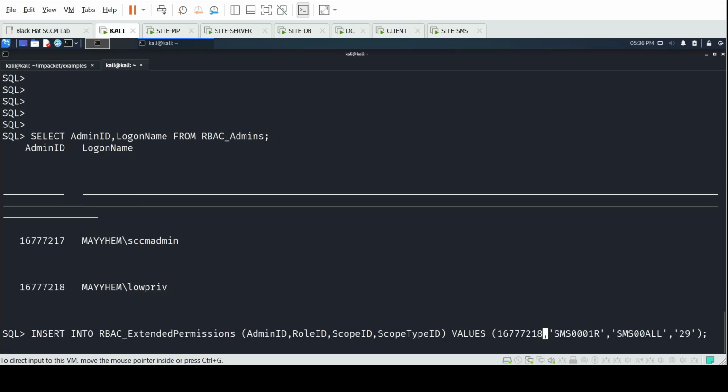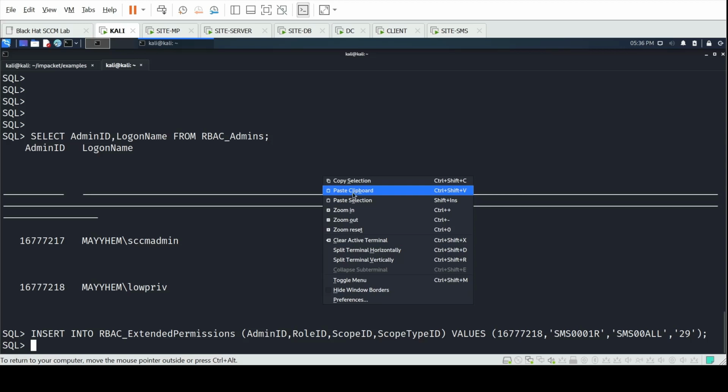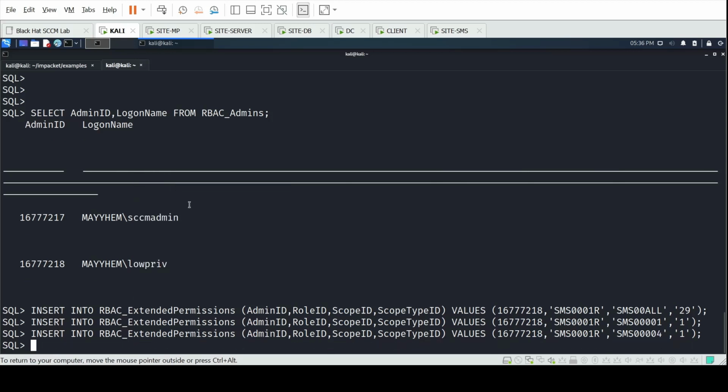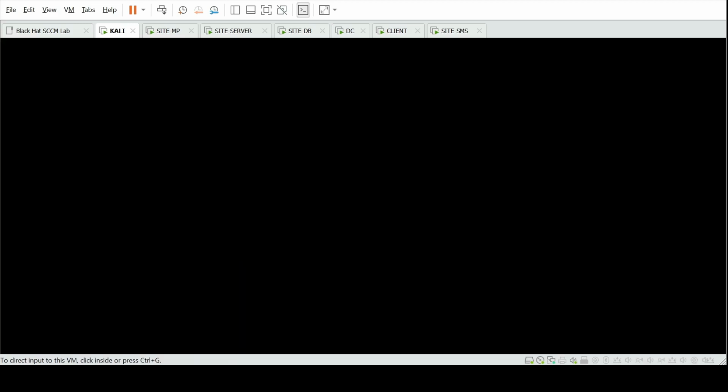Next, we're going to insert 3 more records into the RBAC extended permissions table using the new admin ID for our low priv account. We're going to insert a record granting the all objects permission. We're going to insert another record granting the all systems permission, and we're going to insert a third record granting the all users permission. Now, just to see the effects of this, if we go over to the site server,